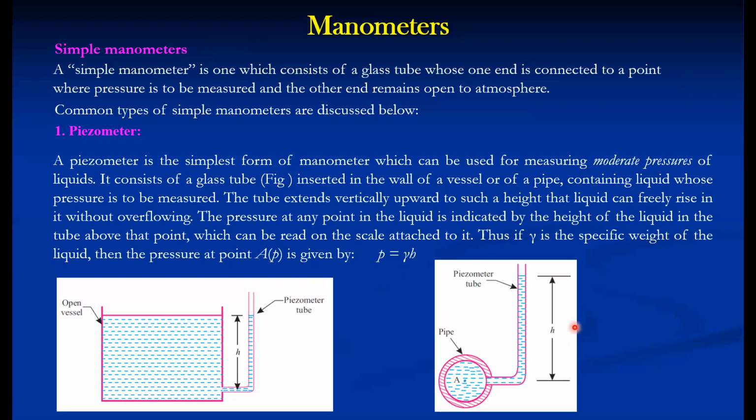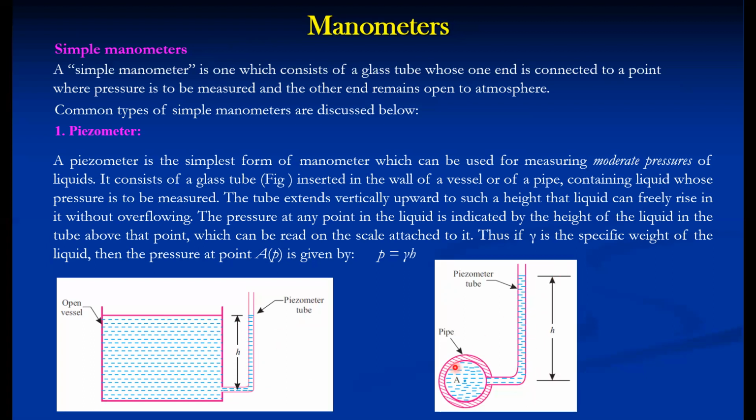So manometer doesn't directly give pressure intensity. It generally gives a pressure head in meter of some liquid. So if we multiply by the specific weight of that particular liquid, it gives the pressure intensity, that is in Pascal, or we can say Newton per meter square. So this is about a piezometer. It is mainly used for measuring the pressure at a particular point, or it is also used as a level indicator. In most of the systems, it is the simplest device because it consists of only a single limb, but it